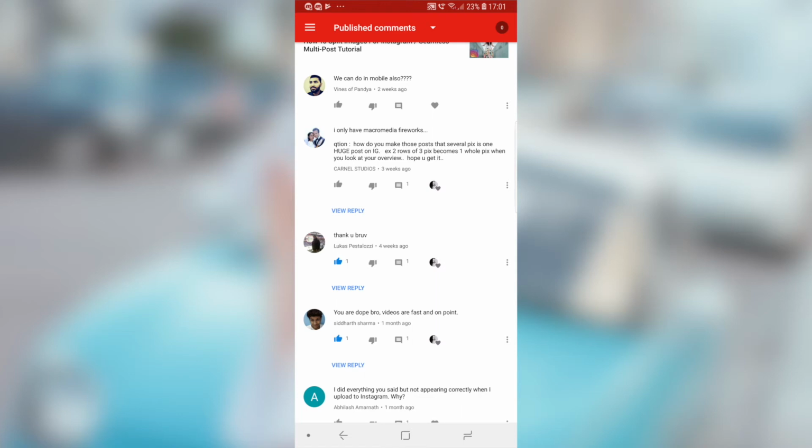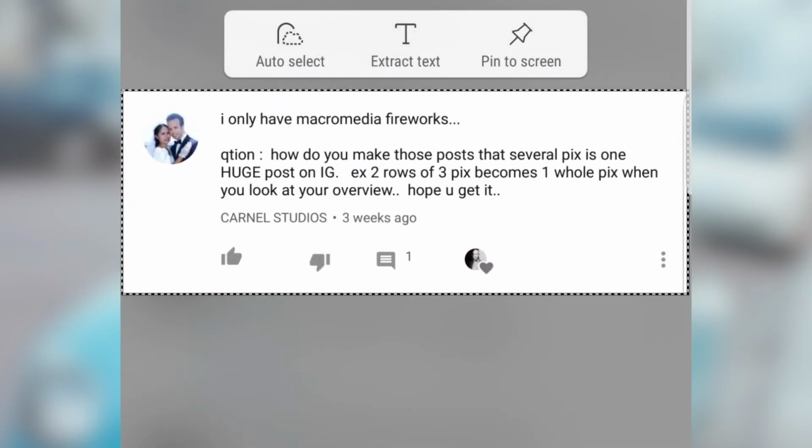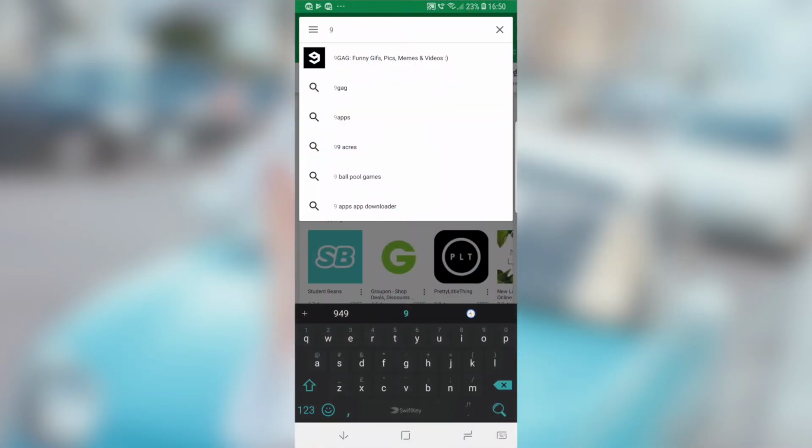In this tutorial, I'm going to be answering this question and showing you how to make massive 3x3 Instagram posts. Okay, so the first thing you're going to need to do is go into the App Store